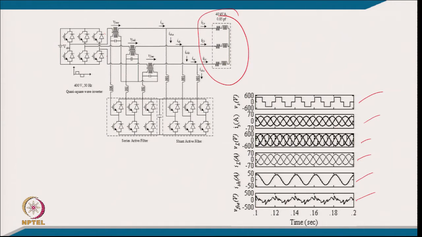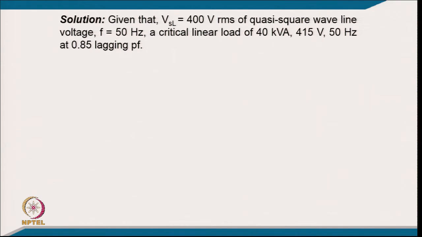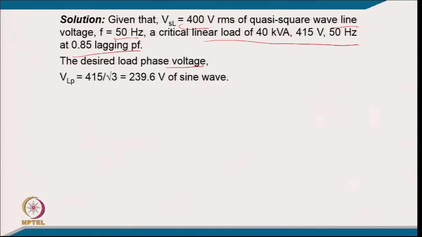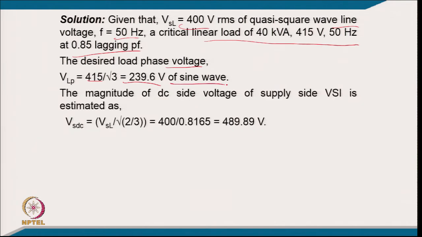So, based on this waveform, coming to the numerical part of the solution, given that the VSL is equal to 400 volt RMS Cauchy square wave line voltage at a frequency of 50 Hz, and a critical load of 40 kVA at 415 volt, 50 Hz and 0.8 lagging power factor, the desired load phase voltage is 415 by root 3, that is 239.6 volt sine wave, and the magnitude of the DC side voltage of the VSI is estimated as VSL root 2 by 3. So, it comes typically